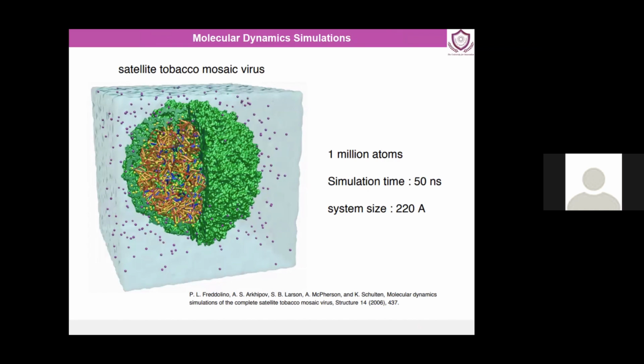Now moving further, when we talk about MD simulation, it's a very interdisciplinary approach which involves physics, chemistry, mathematics, and biology. So all of the four domains are involved in this particular area of research. And when we talk about simulation, we are trying to simulate some kind of biological macromolecule. In our case, it would be protein or DNA, or protein in complex with some kind of molecule, whatever the case may be.